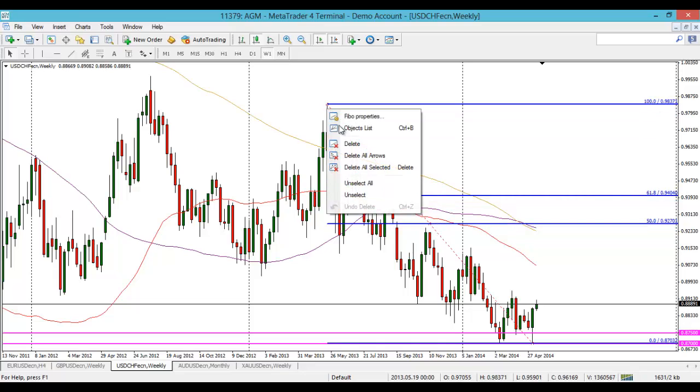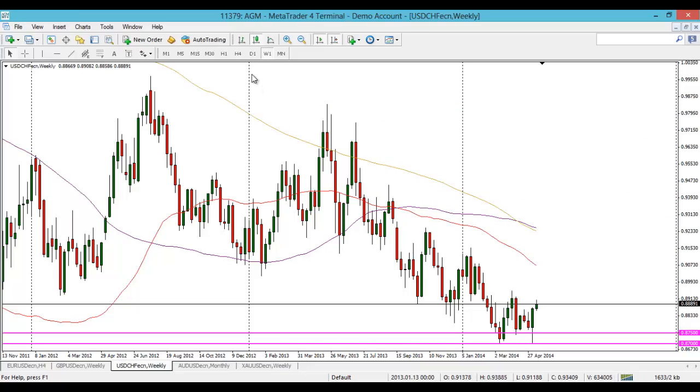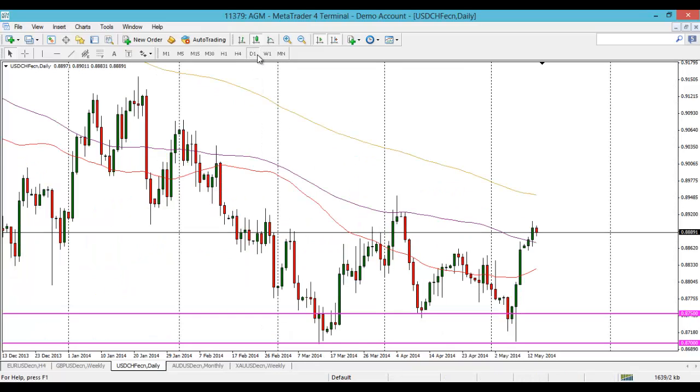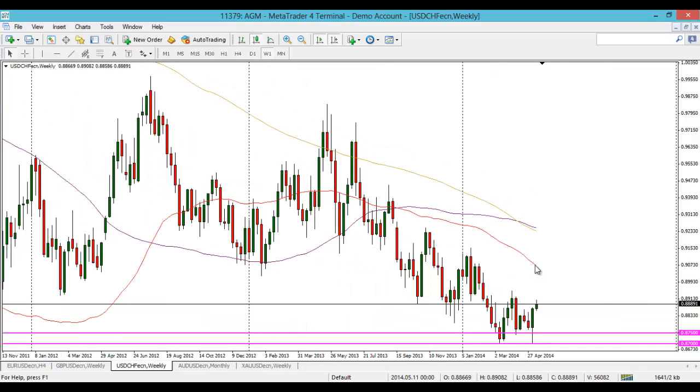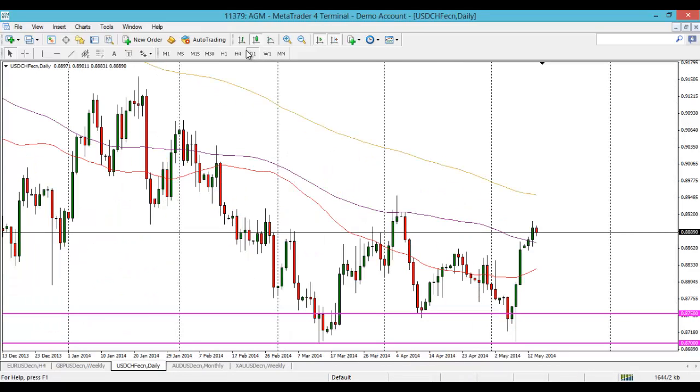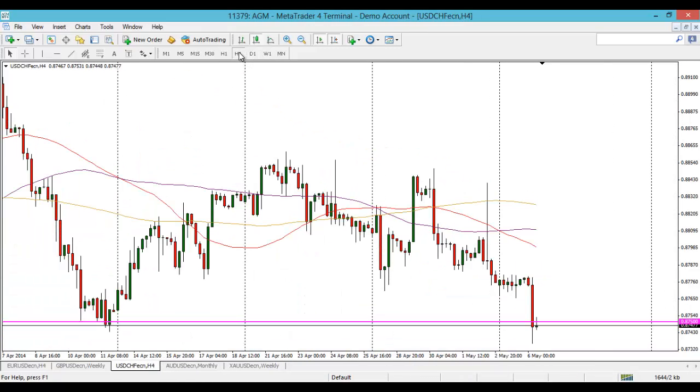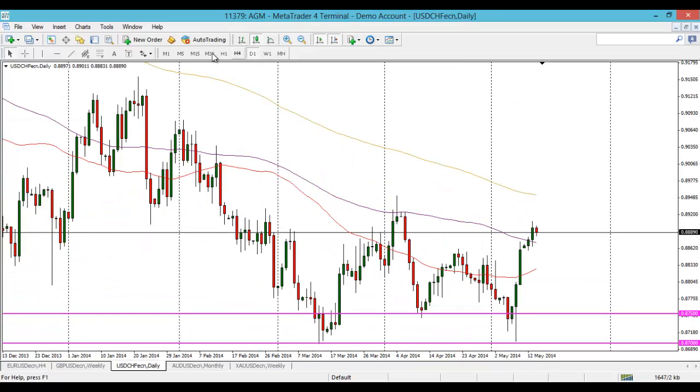still a long way away from that. So weekly, Dollar Swiss, I think it's got a lot of room to go up. I think the odds are we'll get some sort of move towards this 50-week moving average. So in terms of Dollar Swiss, in terms of daily, in terms of the 4 hours, well, if we do